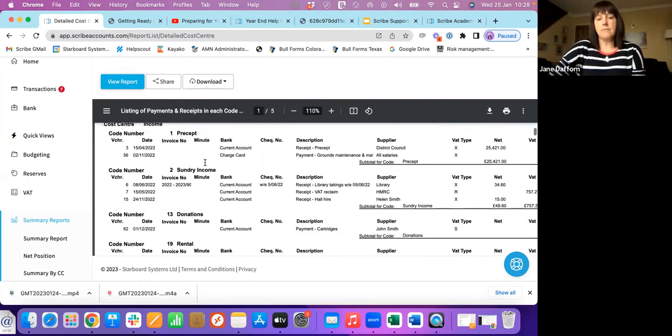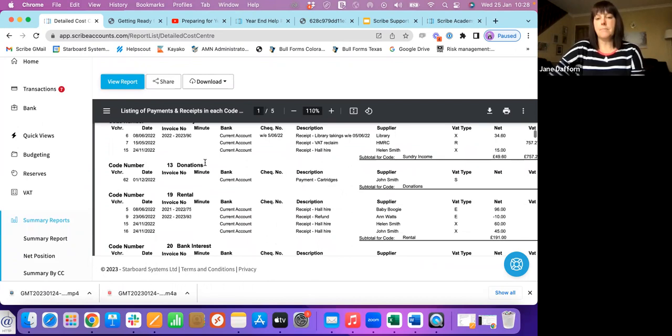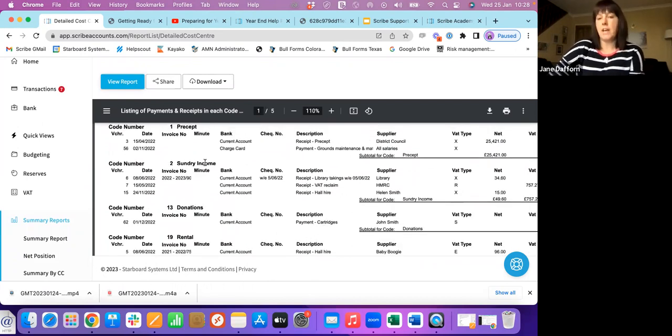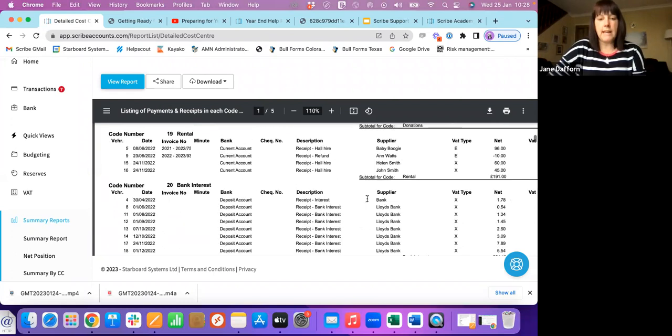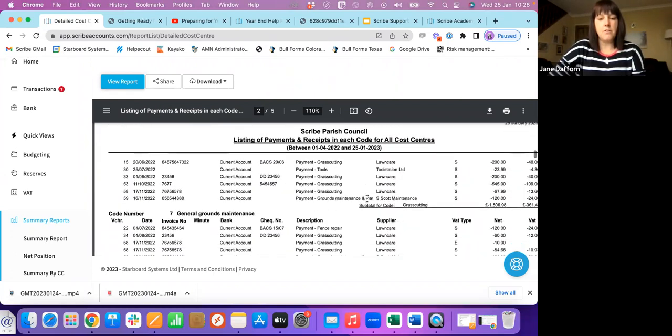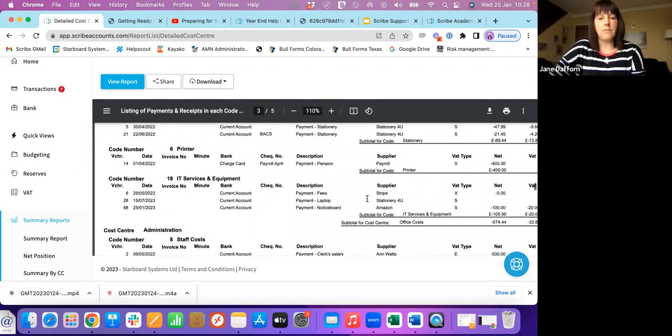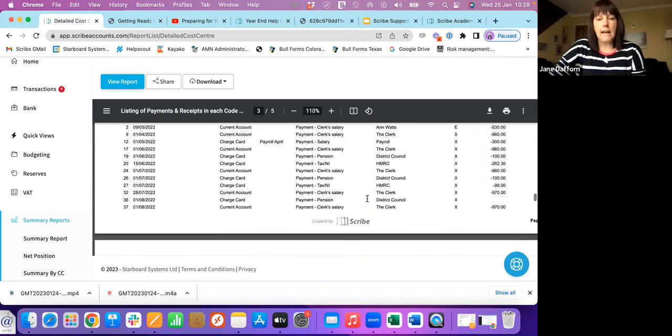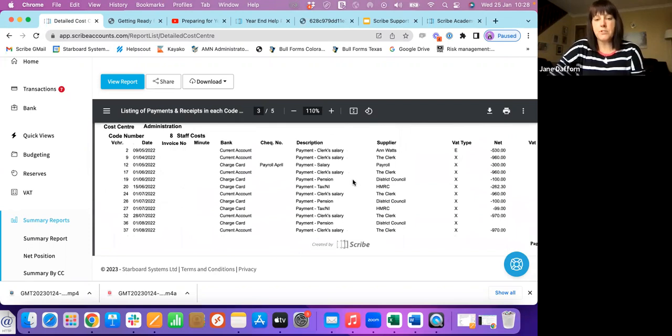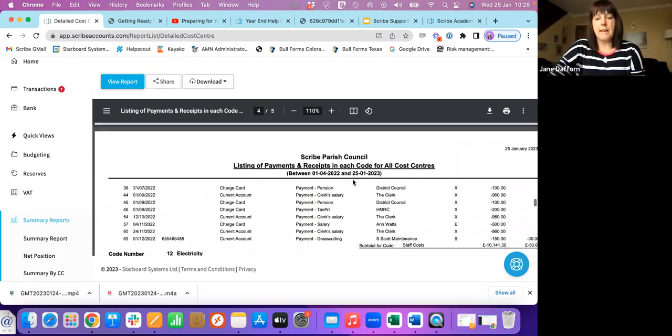So you can go down and have a look, and basically it's a good overview every month to check that the transactions are in the correct cost code and also that the VAT types look correct as well. So for example, I've popped one in here. If I go down to my staff cost code, if I can find it, here we go. And so here's my staff cost code, here's all my transactions, and down at the bottom here, I look through